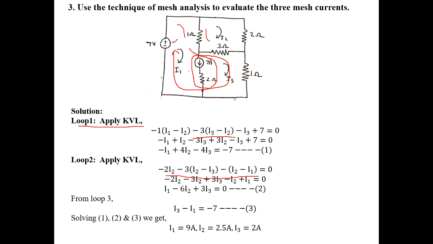Then in this type of problem, this dependent current is between I1 and I3. First we have to write the equation as I3 minus I1, since it is between I3 and I1, which is equal to, see the direction of the current. This is the downward direction. Consider this I3 current flowing in the upward direction. Both the currents are opposite. We can write the equation as I3 minus I1 which is equal to minus 7. Then solving these 3 equations, we get the answers for I1, I2 and I3.